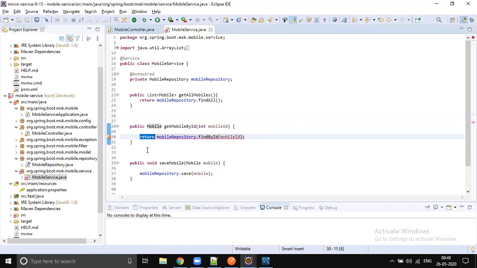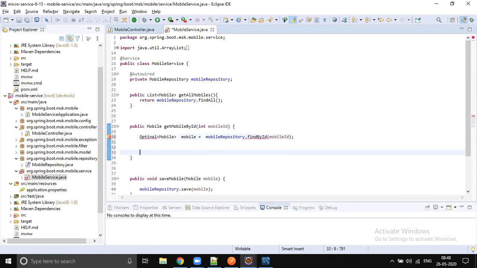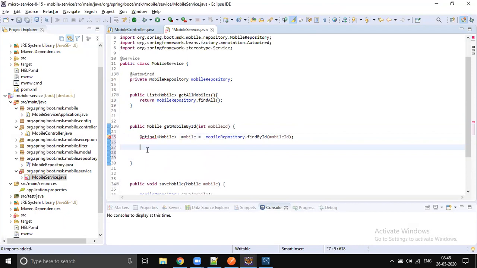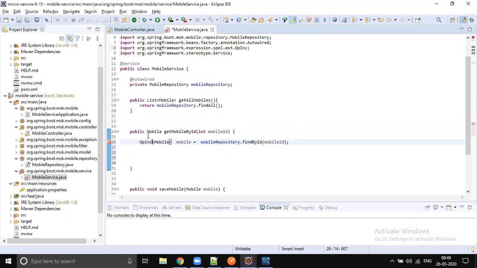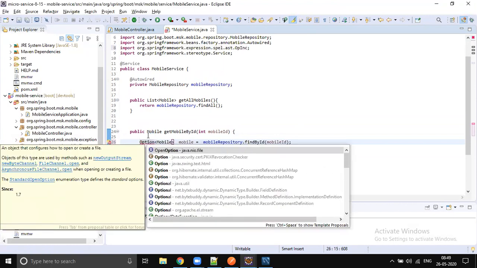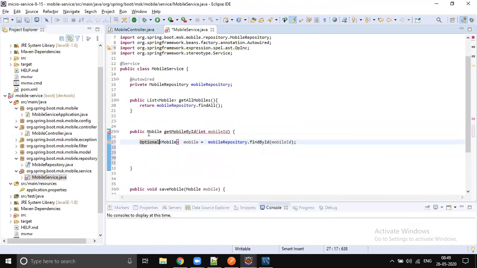So let's do one thing, right? So let's get Optional of Mobile. Okay, so mobile, if mobile is not present, right? So just do Control Shift O. Okay, if mobile is not present, or else if mobile is present, right?